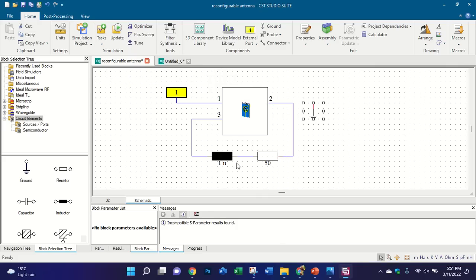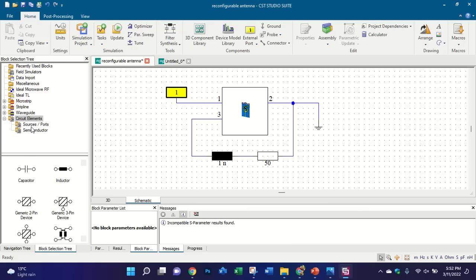We have an inductor and a resistor, and then at the second port we can connect the ground. At the first port we need another, where is the